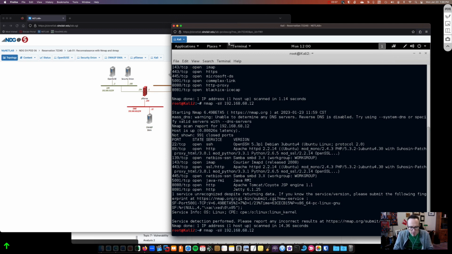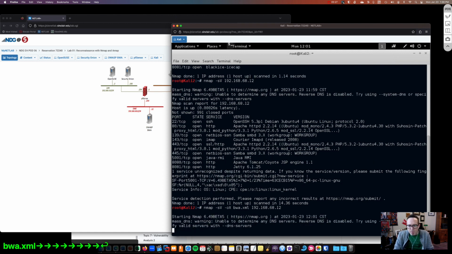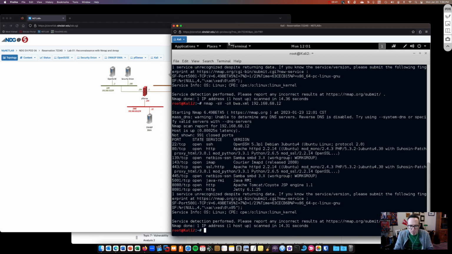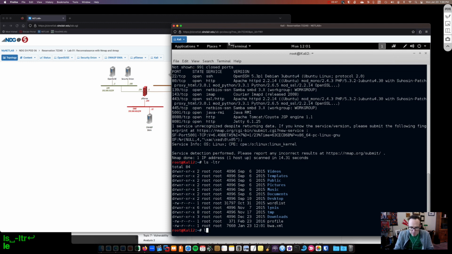So with Nmap, we can do -sV here, and then I can do -oX, output in XML. I give it a name, bwa.xml, and then of course the IP address we want to hit. It's going to run the scan again. The idea is you want to run the scan, if at all possible, only once, especially if you're trying to be stealthy. You could of course run this as a stealth scan. All right, so you see we got output. Here's our bwa.xml,